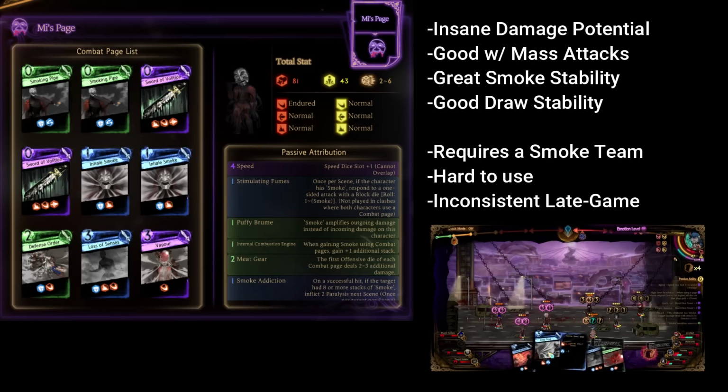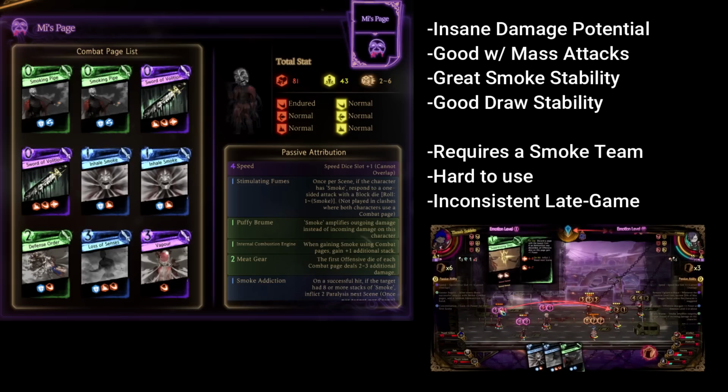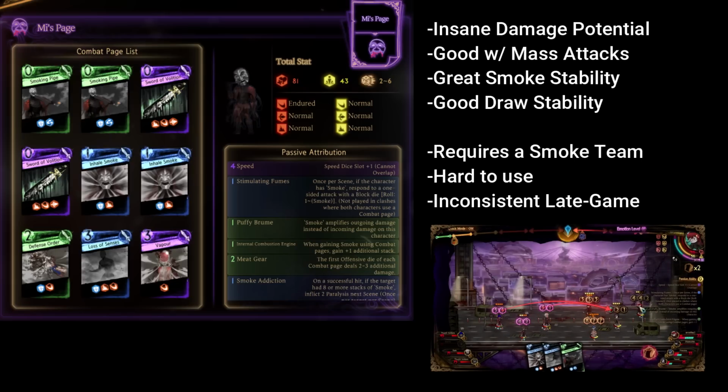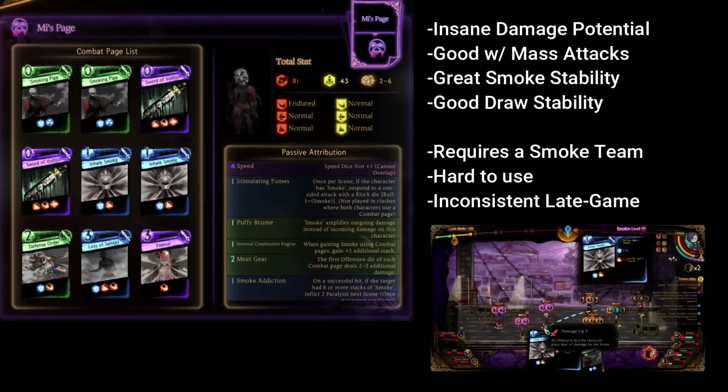Sword of Volition is one of my new favorite cards, so I decided to set up a build to show it off. Fervor increases all of your damage once past Emotion 3, making this setup good for longer battles. Smoke Addiction plays into smoke teams to allow you to inflict paralysis, and all of your attacks together are very